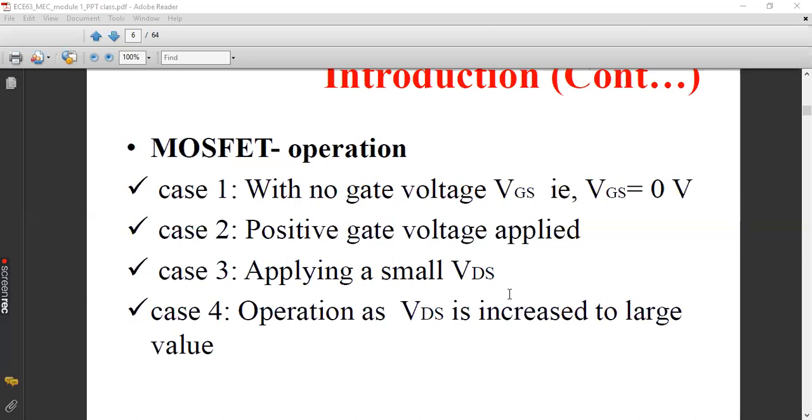Is that clear? Now this current flow you can enhance or change by suitably adjusting the value of VDS and VGS. That we are going to assess through case 3 and case 4.